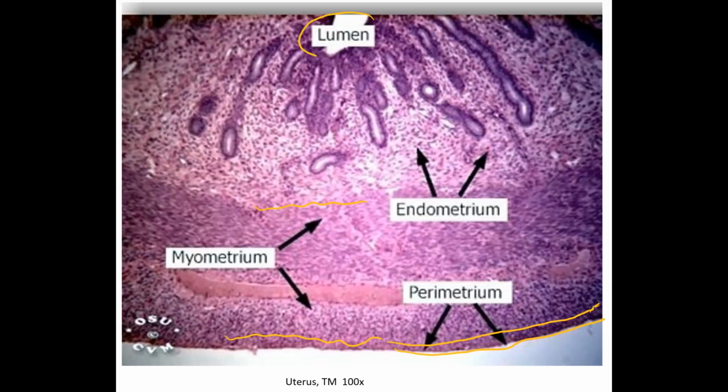So you can see that the lumen is indicated here. That would be the inside or the opening of the uterus. The endometrium will change significantly during different phases of the uterine cycle. And as the uterus develops and builds up each month, it will start to develop more and more of these